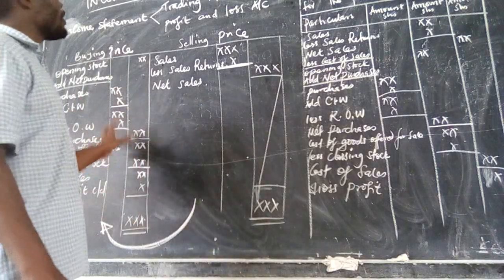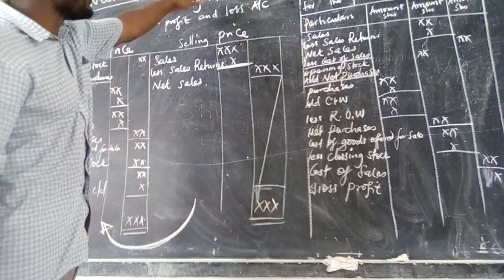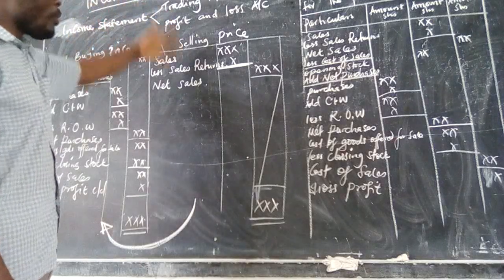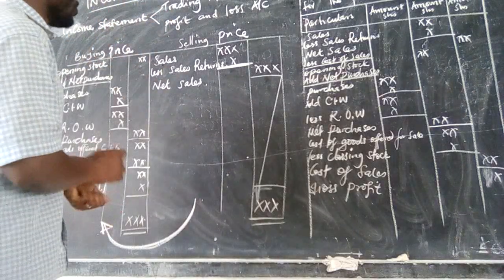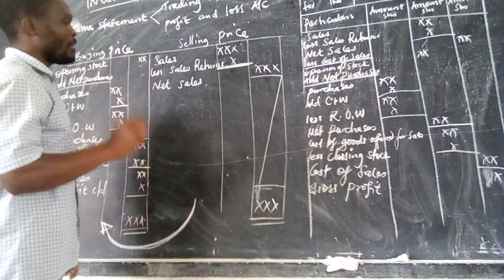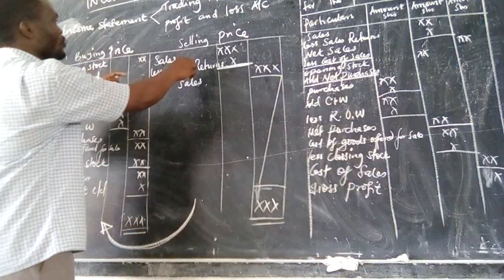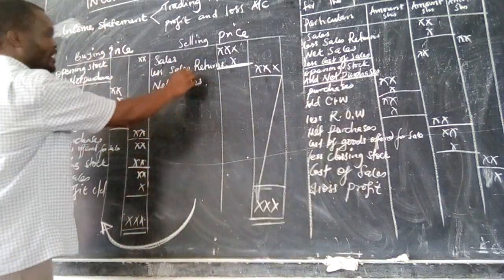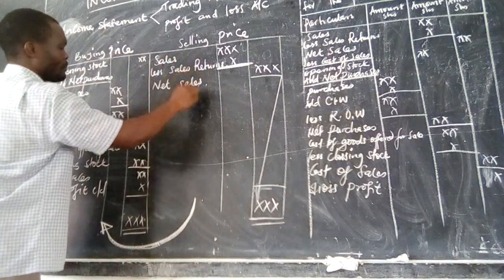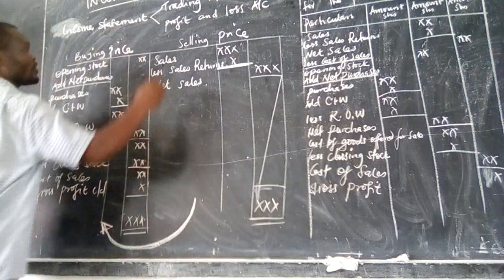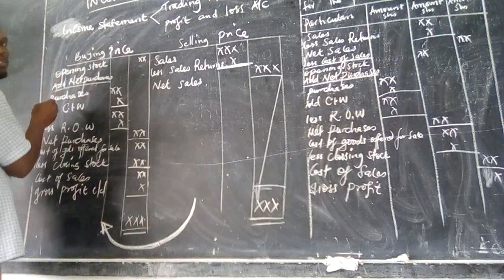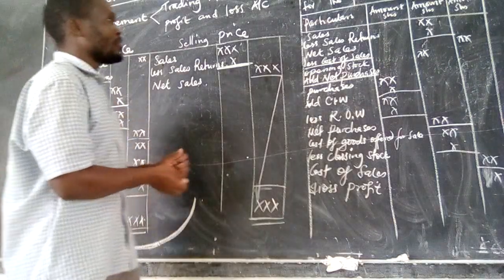But in most cases, remember our target is to look at the income statement, where the trading account and the profit and loss account is combined. Now, if I want to combine it using a vertical format, I will change this information. Start from this side, if you see this arrow, start from this information where there is sales, then move this side. So you start from your right, write the information on your right to the information on the left, as we're going to be seeing this illustration.